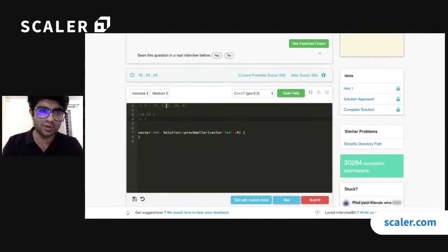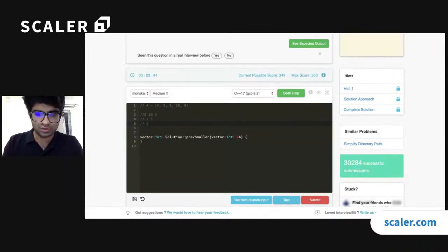Now let's say I go to the next element. I have 5. When I have 2, for which I need to figure out the answer, I know that 5 won't be the answer. So I haven't found the answer for 2 as well as 5. Now I found 4. I can say that 4 is lesser than 5. So for 5, 4 definitely will be the answer for sure. But for 2, it won't be the answer. So after that, I need to store these 2 points. Isn't it? If I do it this way, I will figure out the answer.